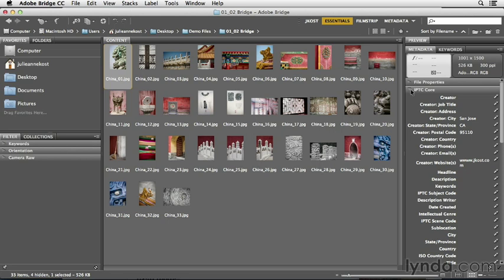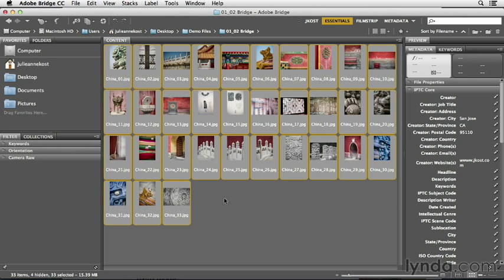In the IPTC Core area, you can see that I can add a keyword by just clicking to the right of the keyword. But before I add a keyword, let's go ahead and select all of my images. So with the first one selected, I'll hold down the Shift key and select all of the images. Now I'll add my keyword. In this case, I'm just going to add the word Beijing, and then I'll click on the check mark in